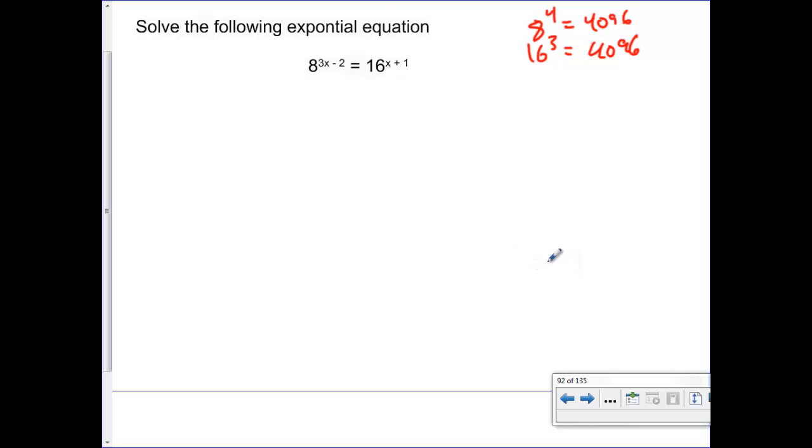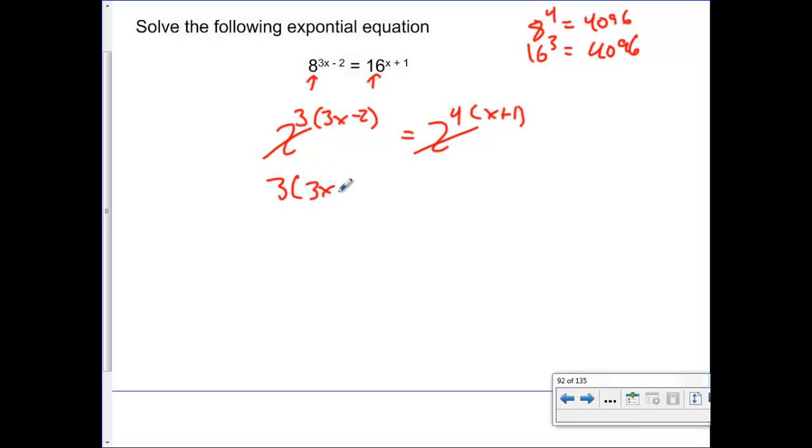So, step 1. This base right here is not the same as this base right here. So our goal is going to be to make them the same base, and then we can cancel those bases. So 8 is actually 2 to the 3, but there's still that 3x minus 2 up there. And 16 is 2 to the 4, but there's still that x plus 1 up there. Now that they have the same bases, the bases can cancel. So what you're left with is 3 with the 3x minus 2, the 4 with the x plus 1,